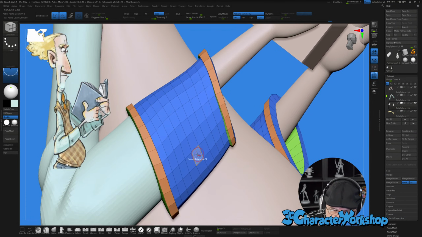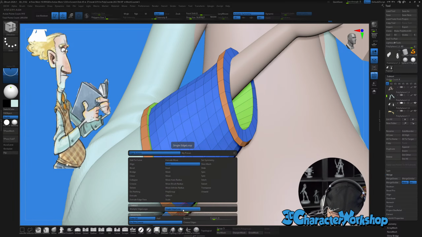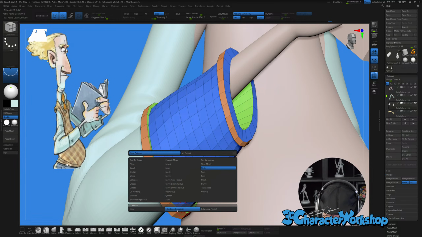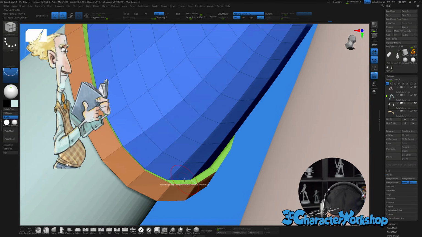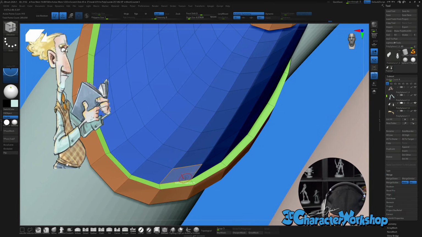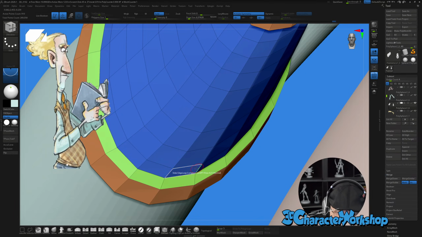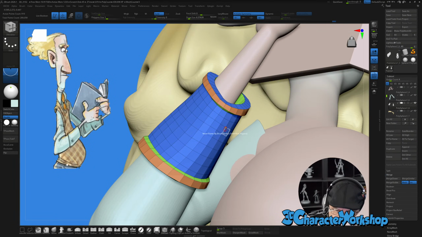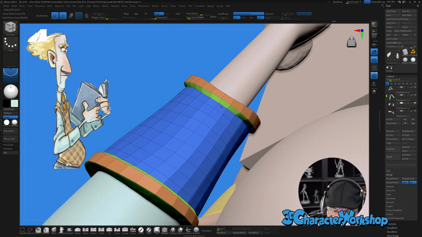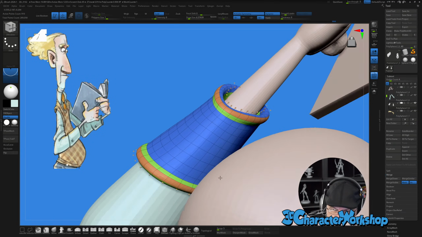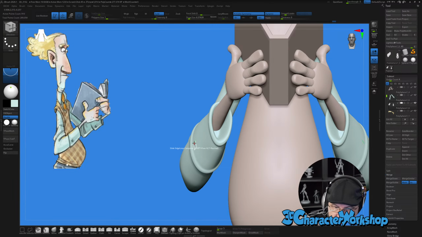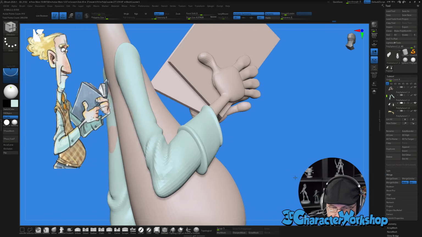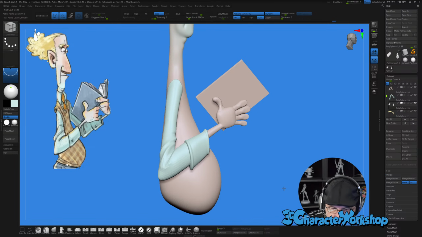And another way to reduce how tight that crease is by sliding edges. So if I hit slide edge loop complete, I can grab this inner edge. If I get close enough, let's grab it. Okay, it's not wanting to grab. Come on, baby. There we go. Just kind of slide it away from that edge to give it more of an angle like this. I can do it to this side as well. Just kind of bring it out. And now when I subdivide it dynamically, it's going to give it an even looser edge lip, right? So that works out.